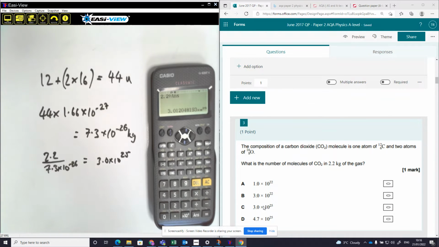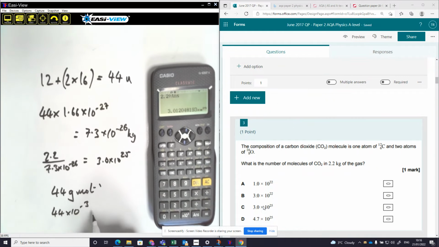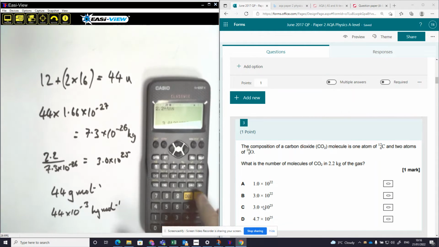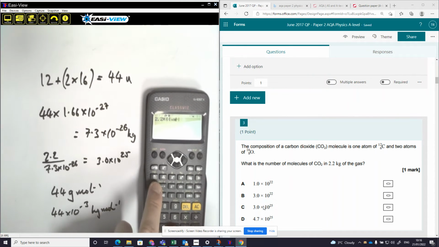The other way of doing it, actually, if you look at it mathematically, you end up doing pretty much the same thing, because we should end up with the same answers. So we can use this step again, and we get 44 grams per mole, and then we can work out how many moles there are. So 44 grams per mole, 44 grams is 44 times 10 to the negative 3 kilograms per mole. So 2.2 divided by 44 times 10 to the negative 3